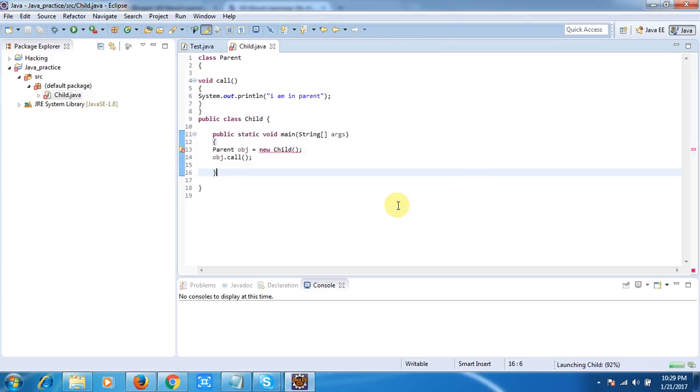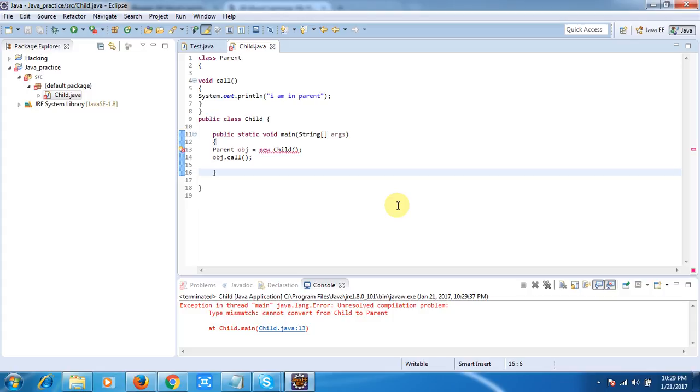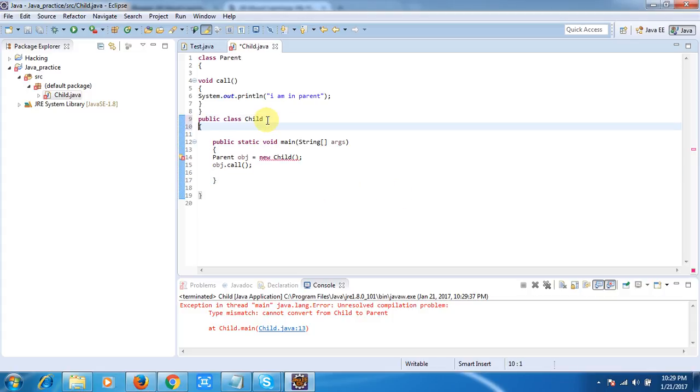It is throwing an error because we have not extended the parent class, so let me extend it. If you have not seen my extends tutorial, please go through it. I have extended the parent class, and now the error has gone.